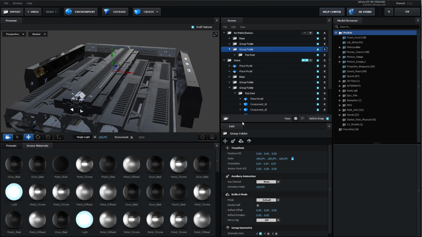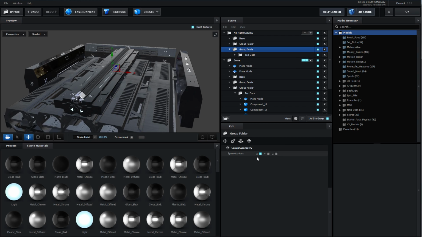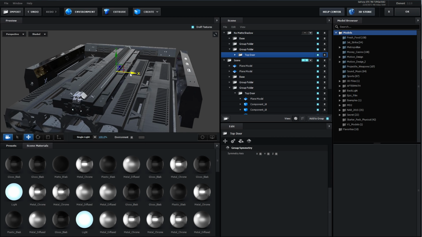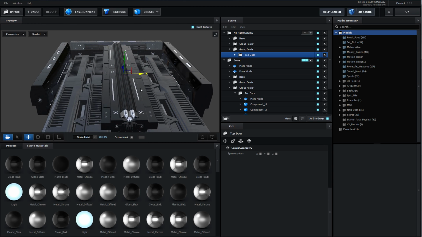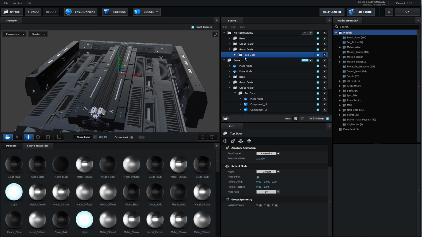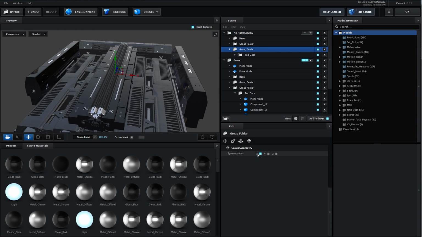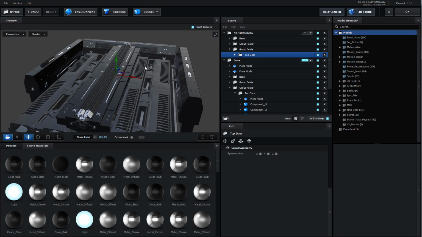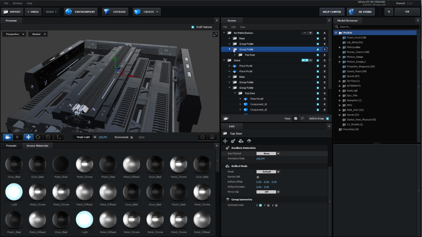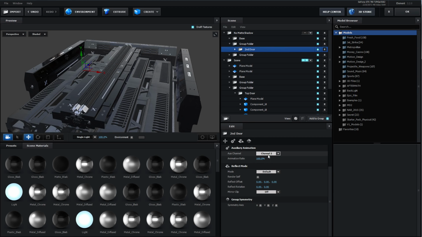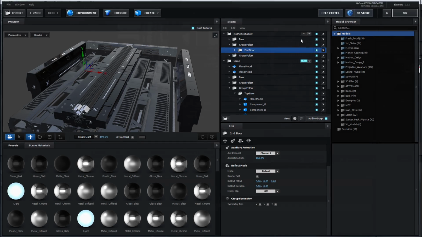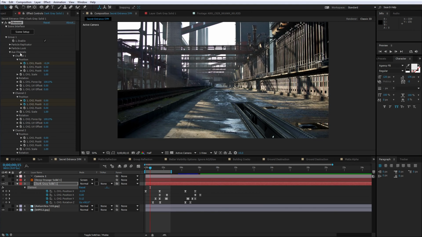The way it works is I've turned on the group symmetry mode for the top door on the X-axis. So then if I select the top door and move it on the X-axis, you'll see that it opens up and it mirrors as it opens up. Now, in order to animate this in After Effects, I'm selecting the top door, not the layer with the symmetry, but just the door element by itself, and going into the auxiliary animation and setting it to channel 1. And then I did the same thing for the second door, and I set it to auxiliary channel 2. So what that allows you to do is then take the auxiliary channel animation